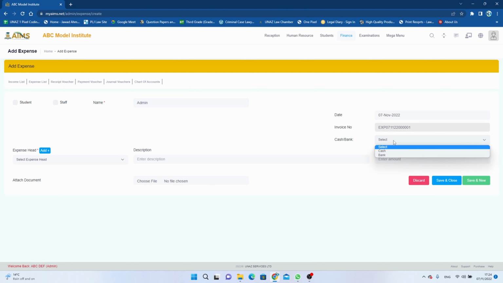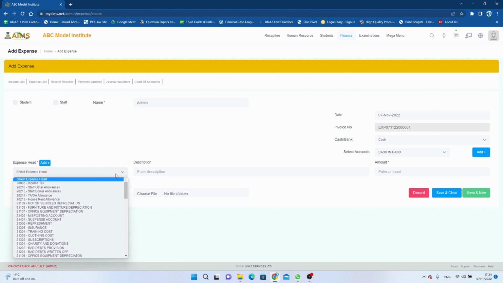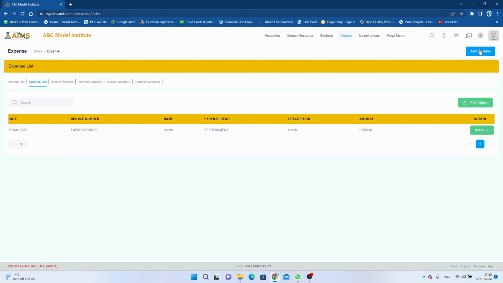That's the invoice number. Select cash or bank, cash in hand, and that's the expense head. So I will say refreshment, and that's lunch, and amount is 1850. So save and close. Add expense,